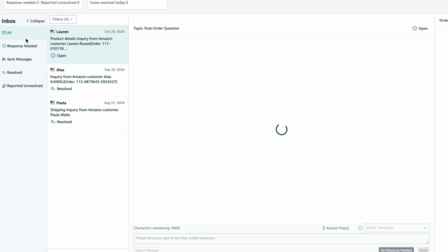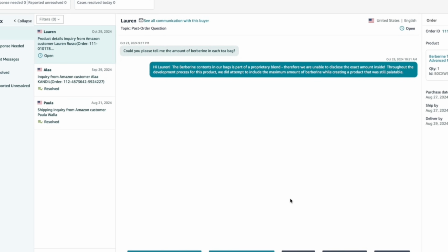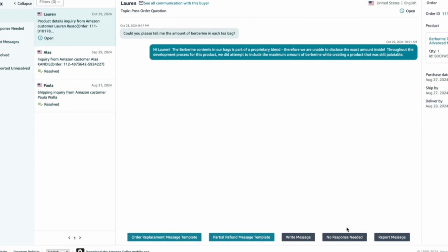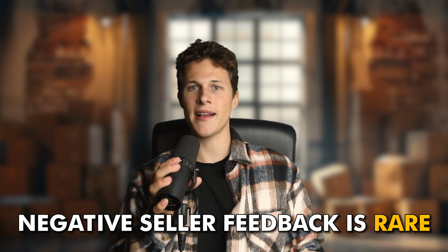You can make contact with the buyer by navigating over here, and then you can see that you can send a message to the buyer. If you really want to get it removed, the best thing you can do is offer a refund. Although you can't explicitly say that this is for removing their review, you can allude to the fact and make sure that it happens. Again, negative seller feedback is pretty rare, but it can occur especially when you start selling